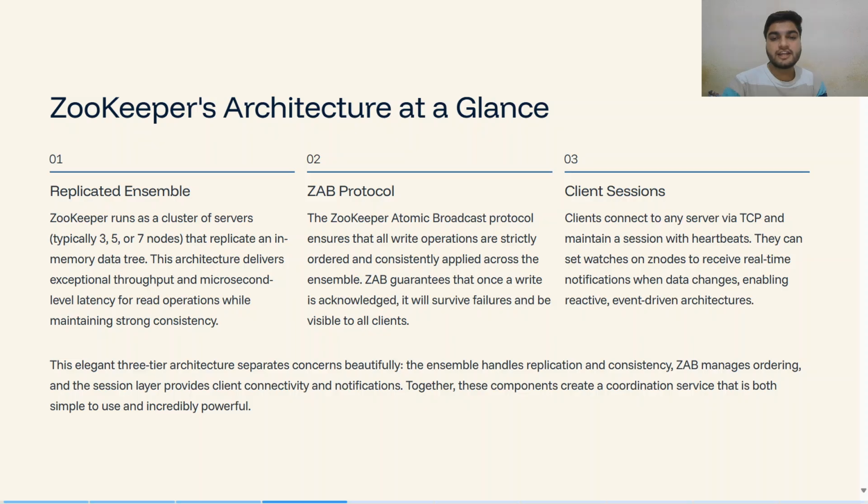ZooKeeper architecture at a glance. ZooKeeper architecture is made up of three components. First is the replicated ensemble, second is the ZAB protocol, and third is the client session. I will tell you about the replicated